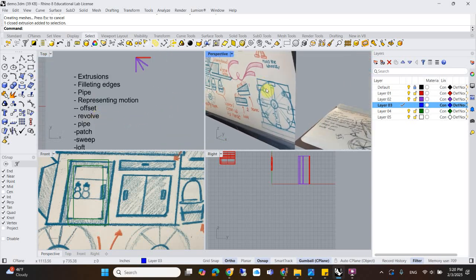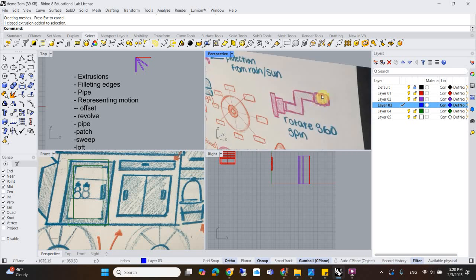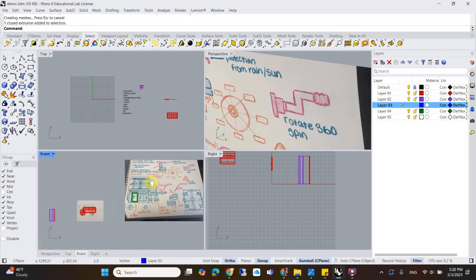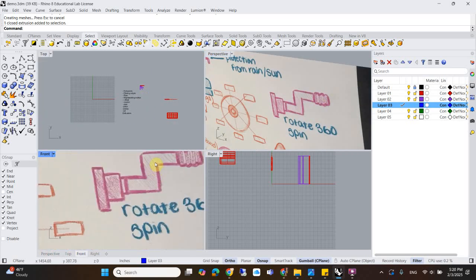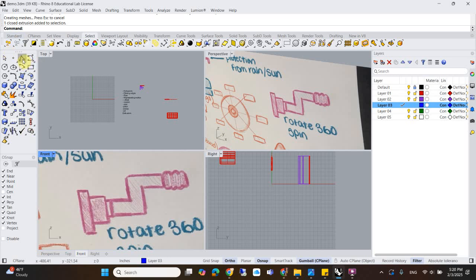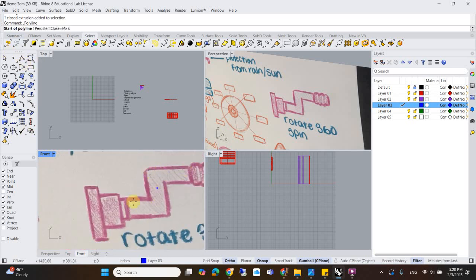Revolve. That was for this piece, I think, right? So looking at this piece, I think I would do, this part could be a pipe, although I'm not sure if it'll let us do hard sides. Let's see. So if I trace them in the bit of this, right? And then if I do a pipe,